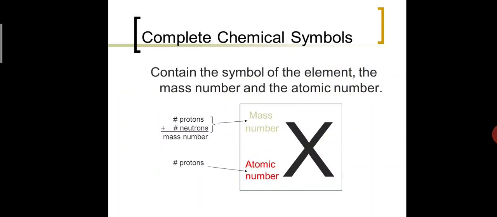Mass number is always represented as A. Atomic number is always represented as Z. For this also, you don't want to get confused. Mass number is A, the first letter, because the mass number which is on the top is going to have the first letter of the alphabet, A. Atomic number is below, and the last letter of the alphabet is Z. Is it clear? Mass number means capital A. For atomic number, it is capital Z.